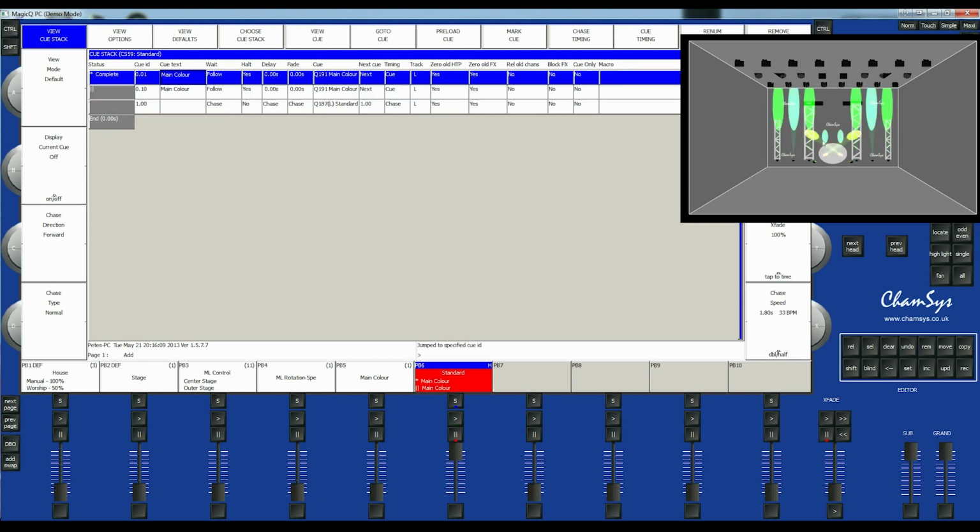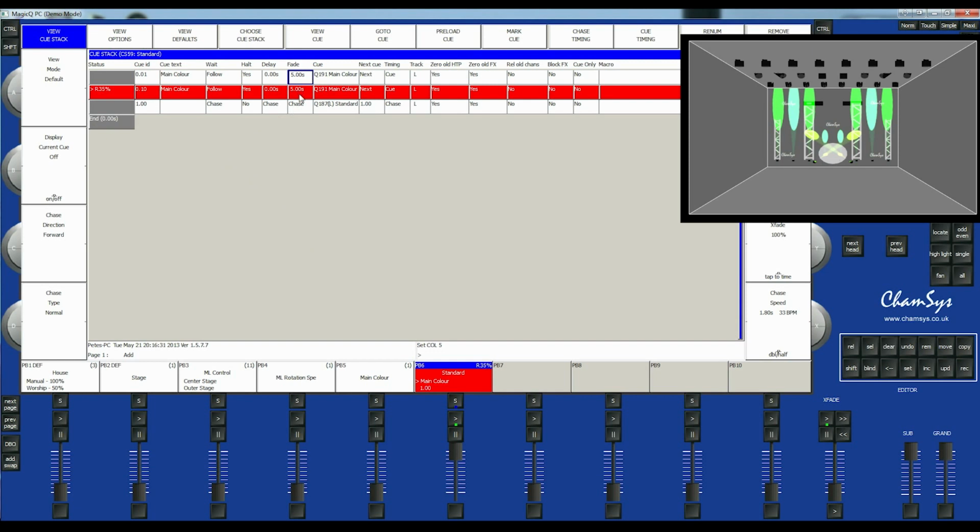As you can see, it just jumped with the colour. So to fade it in, we have the fade function. If we press 5, which will pop up down there, select that box and then press enter, it will change the fade timing to 5 seconds. So if we press play again, we just go to that and then it goes on to the chase sequence